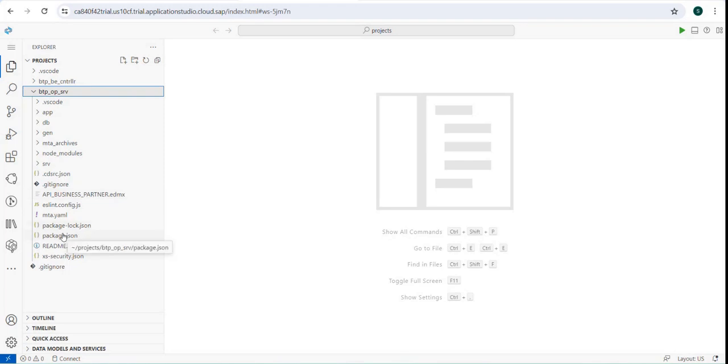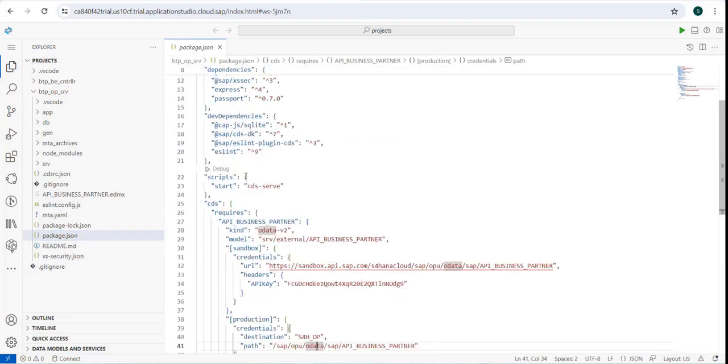We understood that in case we would like to consume such a service, we would have that particular service as, let's just say, an EDMX file in our project. Then we would run CDS import, and the project would be imported like this. If it's a public cloud service, for which I do have an API key, and I would like to do sandbox level testing,